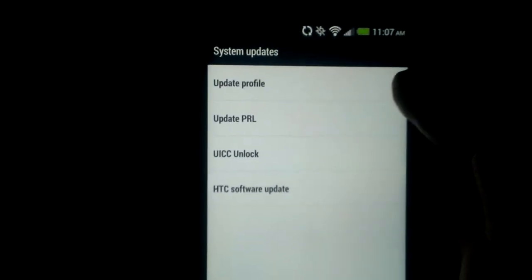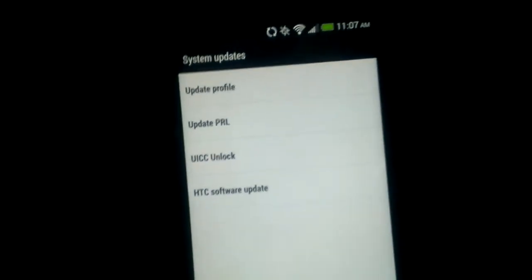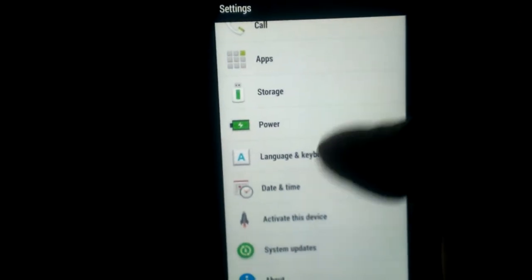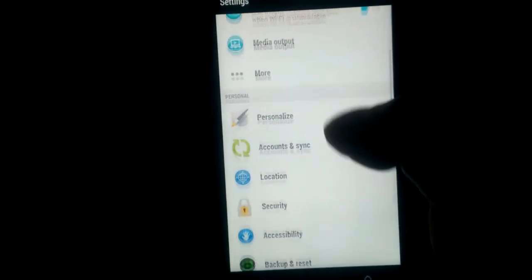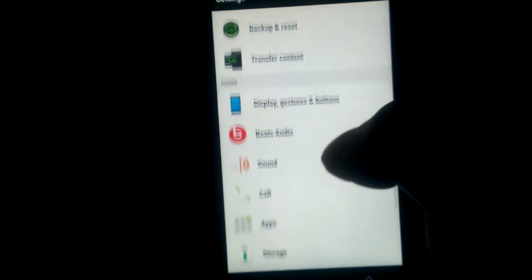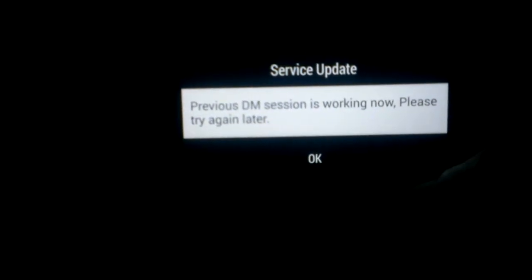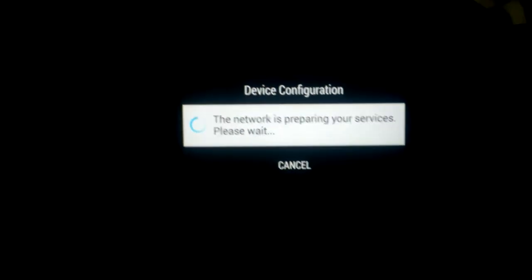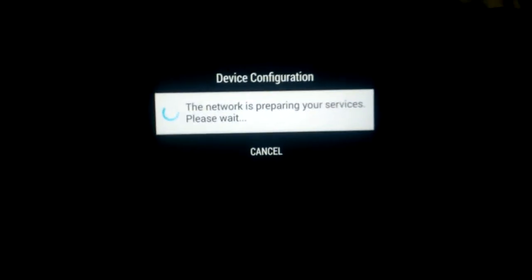Okay, I guess it's not actually working here, but all the icons still seem the same. It leads. Oh, there we go. So as I let it configure, this is actually getting to be a little bit